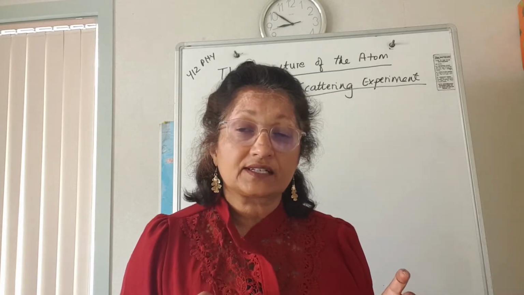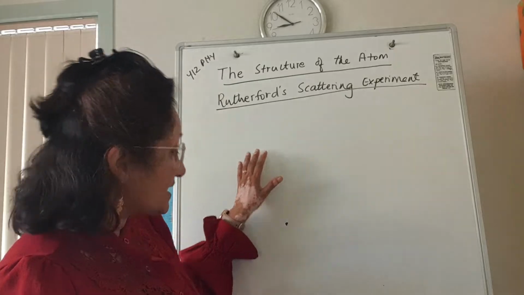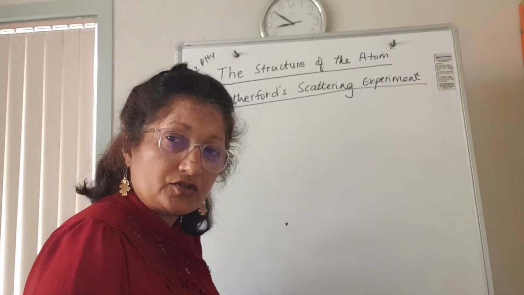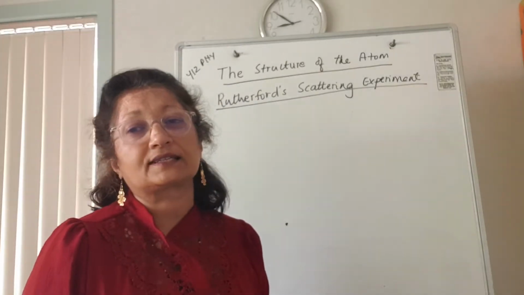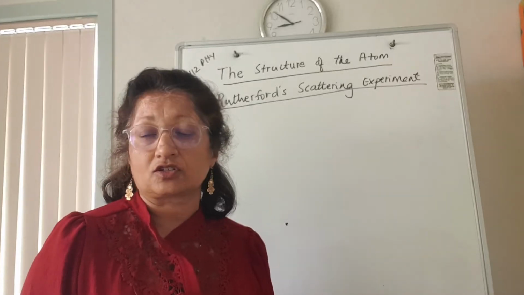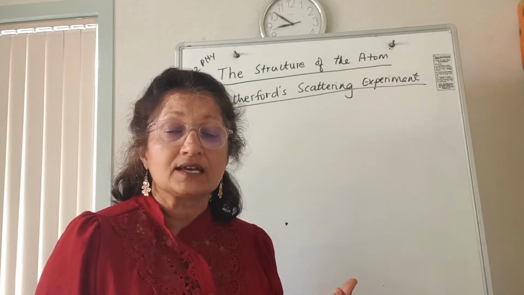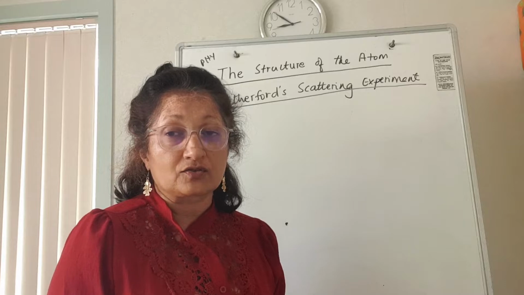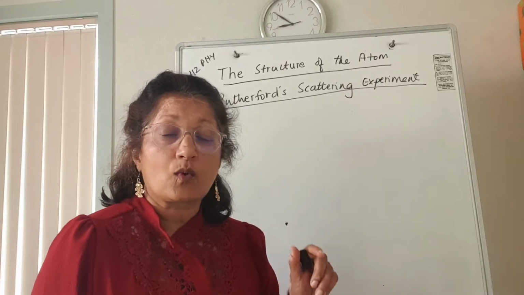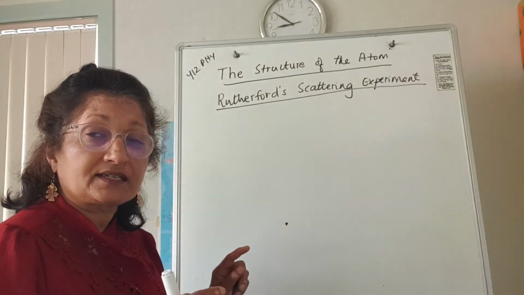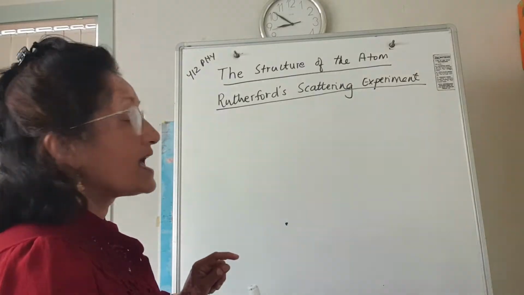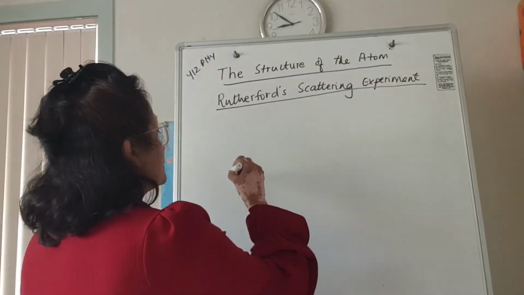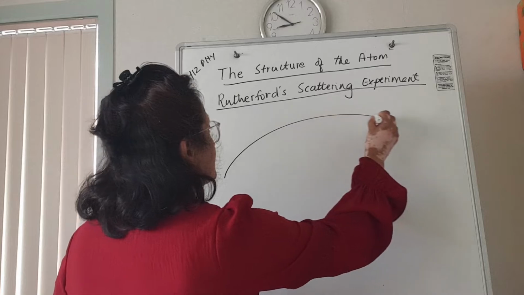So what Rutherford did was, it's called his scattering experiment, and I'm just going to draw a diagram of what his experiment looked like. He did lots and lots of experiments. He's credited to having discovered and be the first one to do a lot of things. One of the things he did was he experimented firing alpha particles at a thin gold foil. So what he took was, there was a chamber,